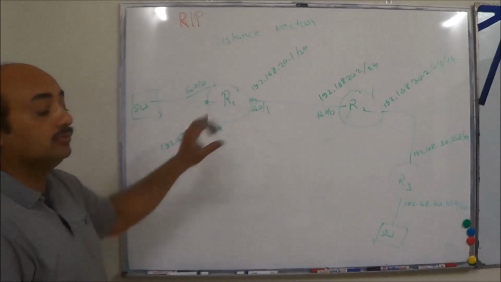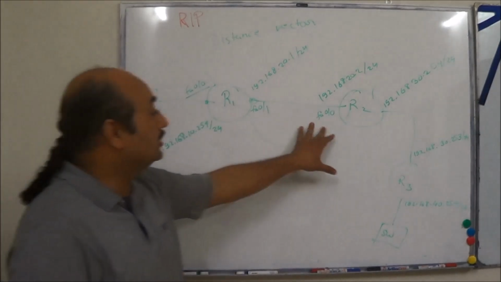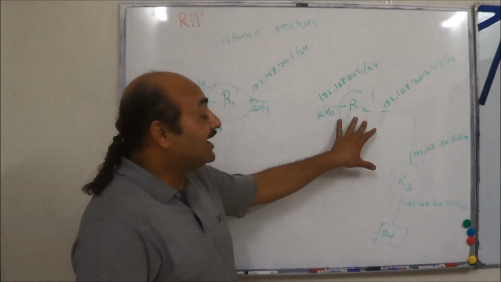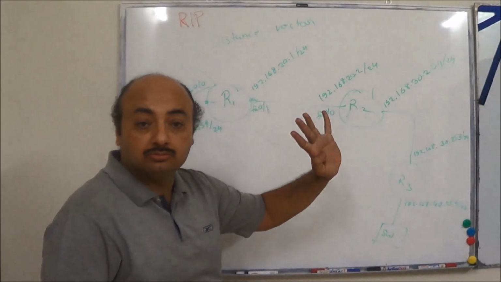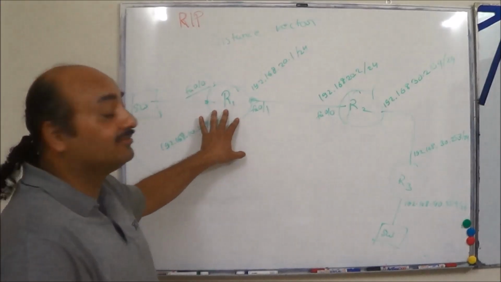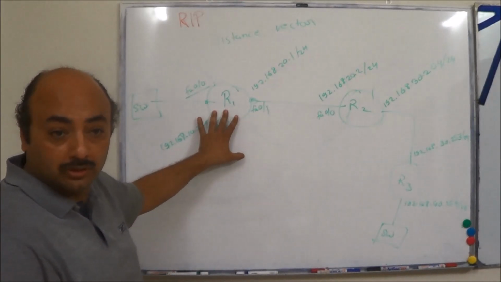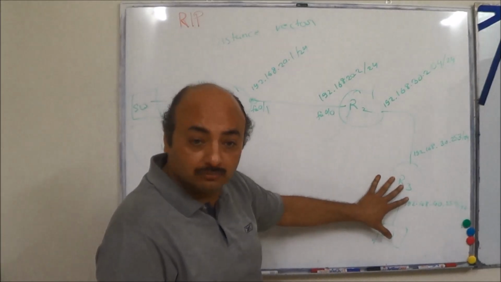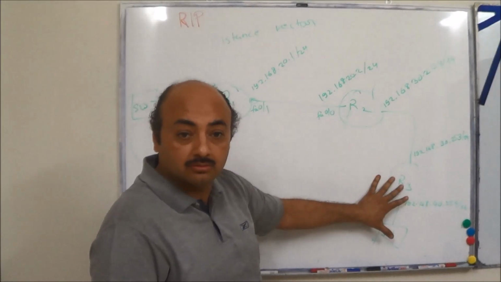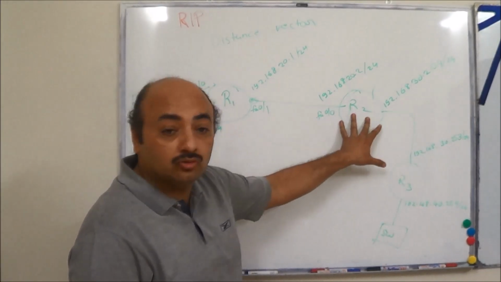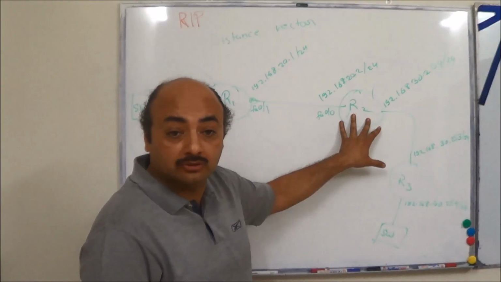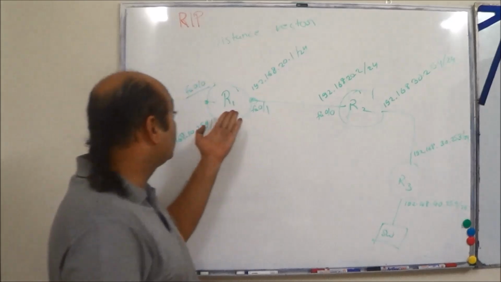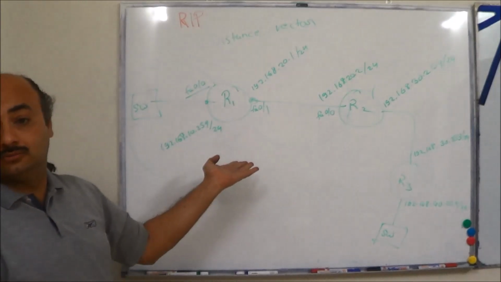How many networks does R1 know? 2 networks. How many does R2 know? 2 networks. How many does R3 know? 2. How many networks does R2 need to know? 4. How many does R1 need to know? 4, so 2 more it has to learn. How many does R3 need to know? 4 networks. Pallavi? Sir, R2 needs only 2 networks. It knows 2 networks, it needs to further learn 2 networks. So everyone has to know 4 networks, right? Everybody has 2 networks as such, they have to learn 2.